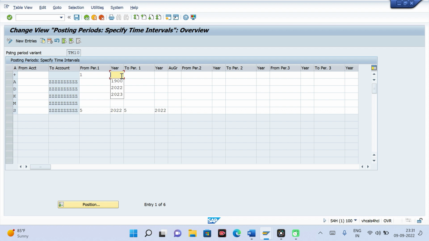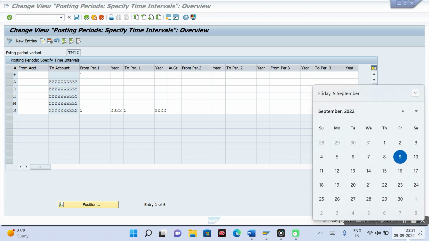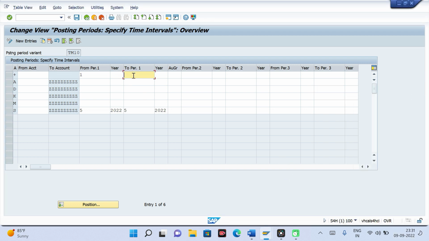For example, you are on the first of next month. In this scenario, what will you do? You will open your September period also, as well as you will open your October period also. October period you have opened to continue your day-to-day posting, and September period you have opened just to do your month end activity. So during month end, you open 2 periods. Otherwise, normally you will open only 1 period.